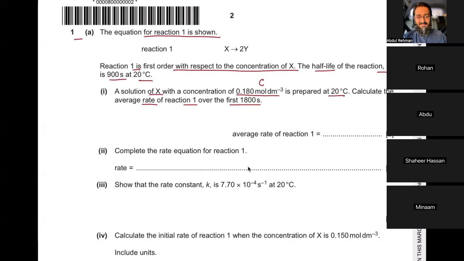So what they have provided you: they have given you the half-life, they have given you the concentration, and they are asking that if there are 1800 seconds, then what is the average rate in 1800 seconds? So if you see how many half-lives 1800 seconds may have,